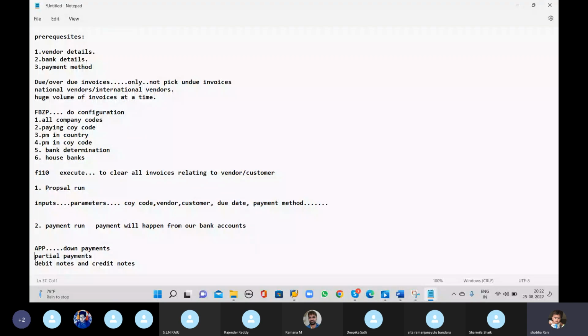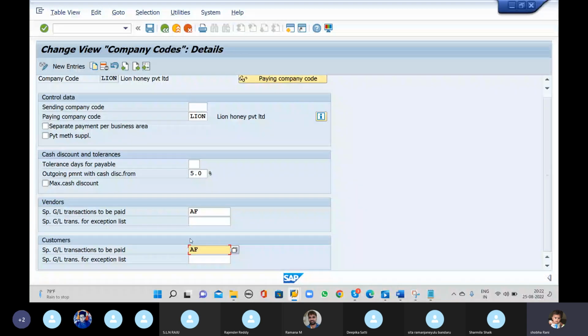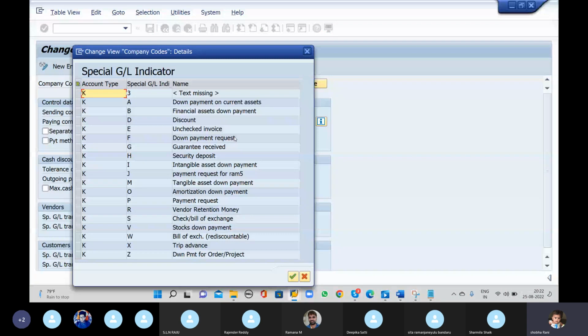This is the first step: company code, paying company code, outgoing payment with cash discount maximum, and special GL transactions to be paid. So we need to select A and F. A is down payment on current assets, and F is down payment request. We need to select this. And second step,